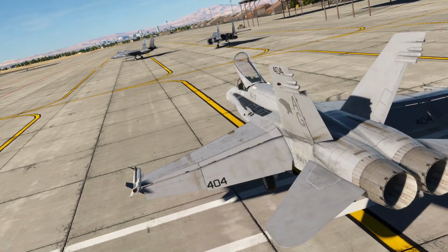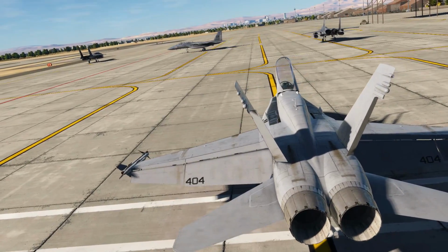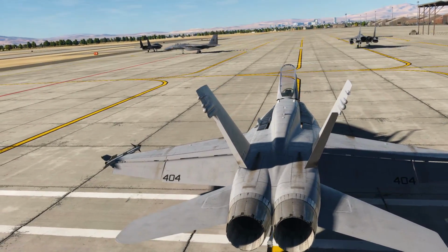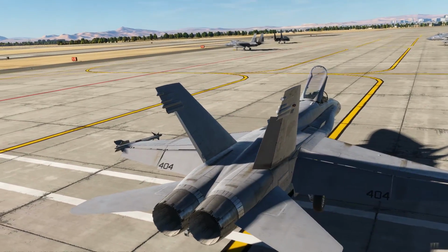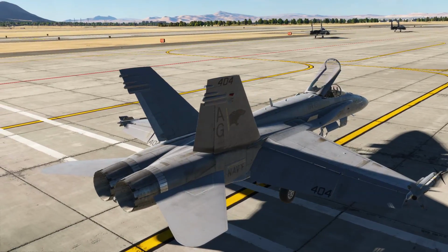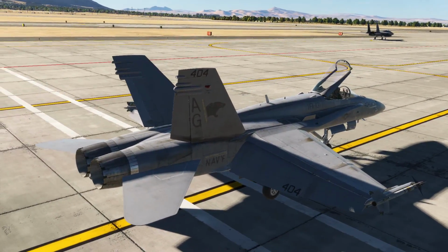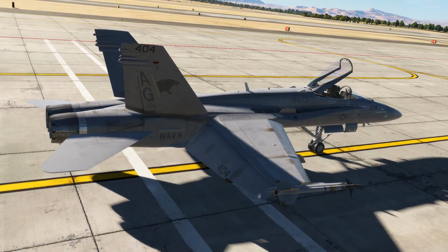Now I'm sure as many of you know, the Hornet is a true multi-role aircraft. The Hornet includes a wide array of sensors, air-to-air weapons, and air-to-surface weapons. We believe this combination, with carrier operations in particular, will provide a lot of varied and very interesting gameplay for DCS World. So after literally years of research and data gathering, we've been able to gather enough information to bring